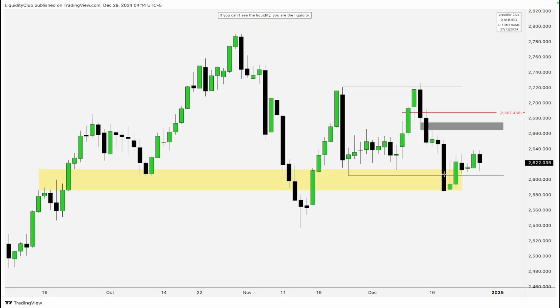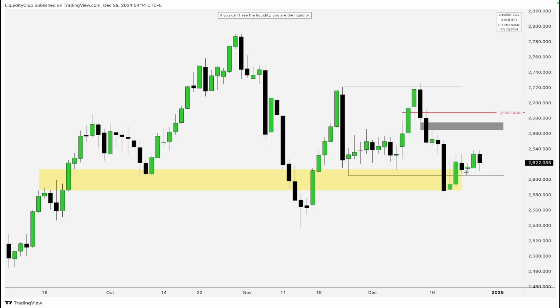Going to gold, here I'm viewing gold. This is the first time in a while that I've been doing some analysis on gold because I'm not actively trading it at the moment. But you can see how price traded up higher here to cover the buy side liquidity. On one of the comments down below on my other weekly review, I think 2 weeks ago, someone commented, where do I think gold is heading to? When price was trading here, I called out the 2600 level because we took out the buy side liquidity here, and I was expecting price to take out the sell side liquidity right there, and it did so.